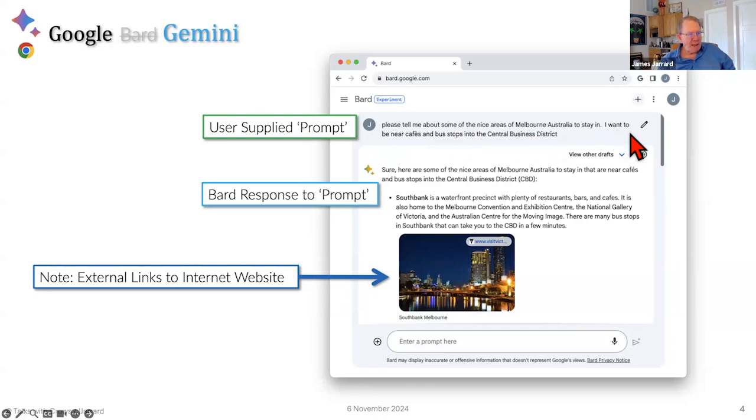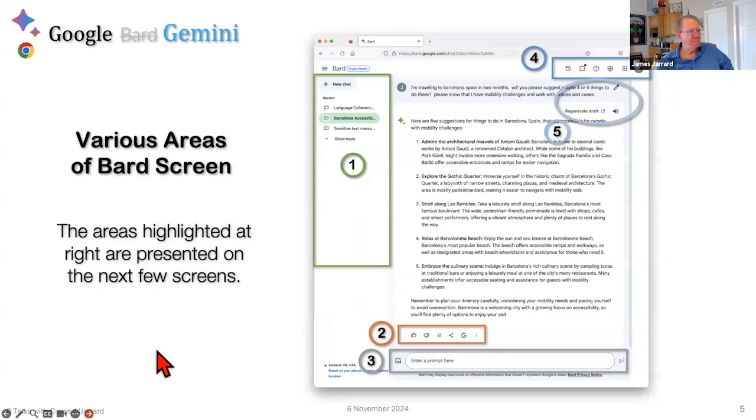User supplied prompt. You can edit the prompt up here with this. We're going to develop this in your mind. You're going to come to recognize this icon. Here's Gemini's response. And sometimes in Gemini, there are links to the external website where it got the material.